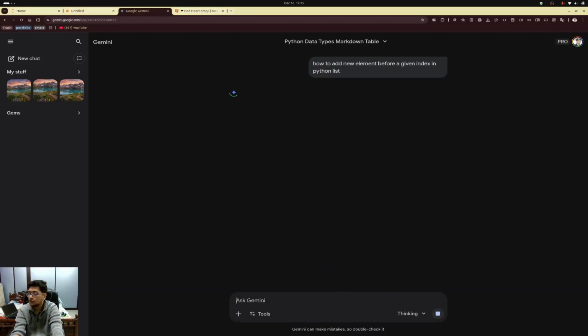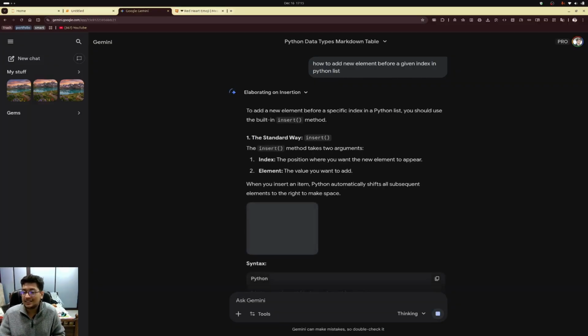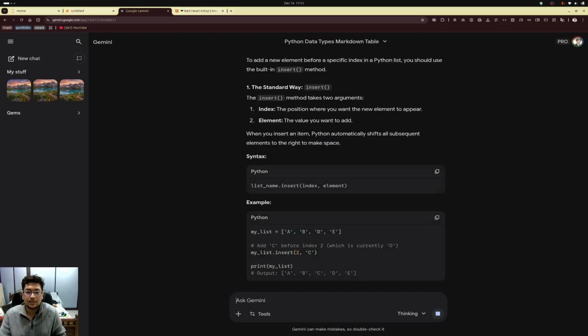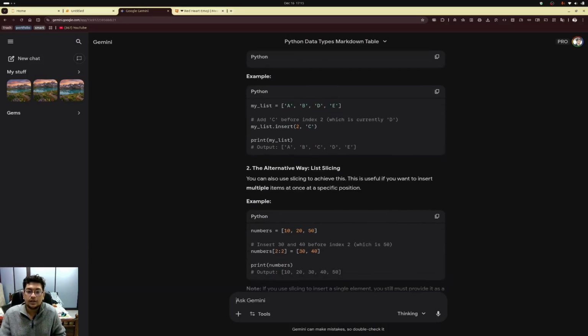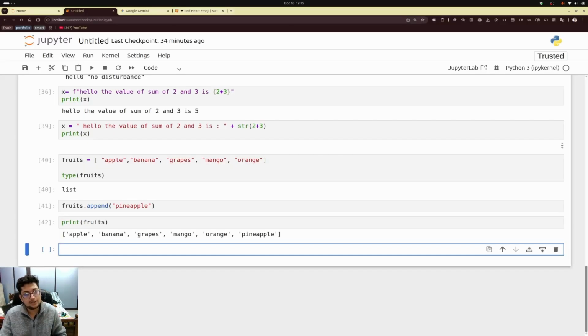Okay, use DS. No, I'm just kidding. It says use insert function. Insert index comma element. So let's try this. Alternative method is slicing. Let's not go with slicing, but use